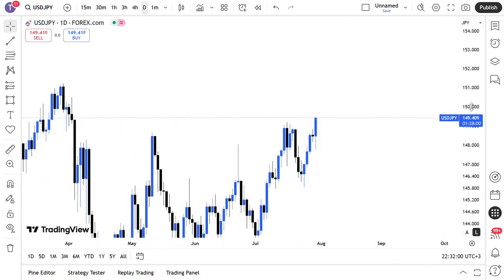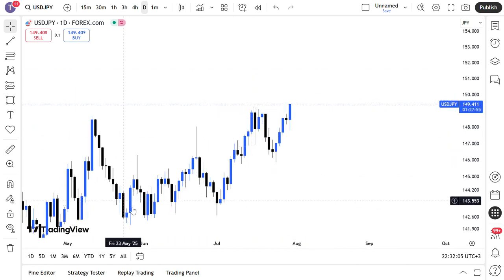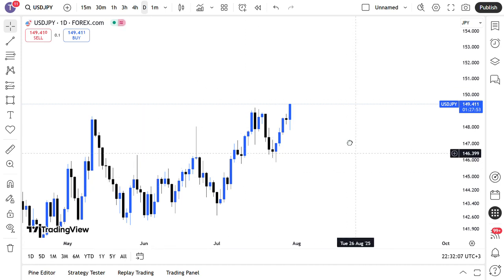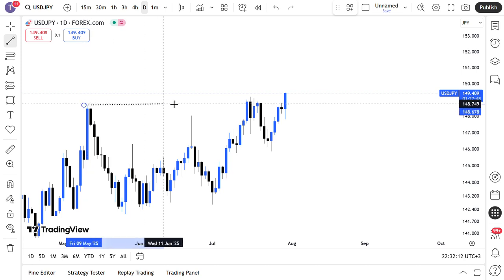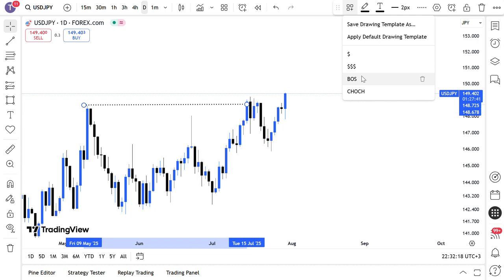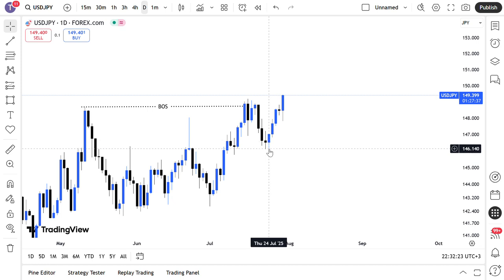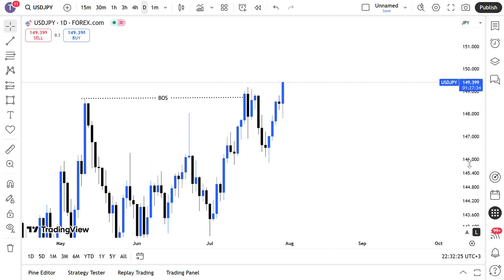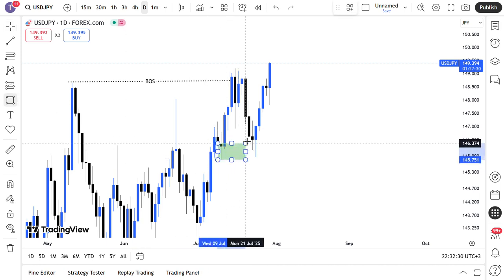From USDJPY, we can see very clearly on this area specifically, we are in an uptrend, and here we have a break of structure, an external break of structure. This swing point was taken out. The swing point has been taken out. The break of structure. We have this pullback and then a move upward. So this pullback reacted from this order block. There is an order block here that is valid, a daily order block,